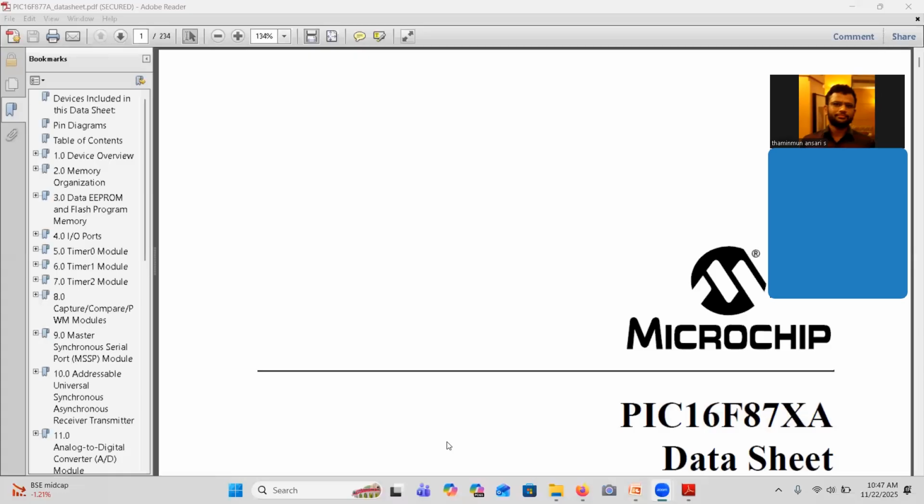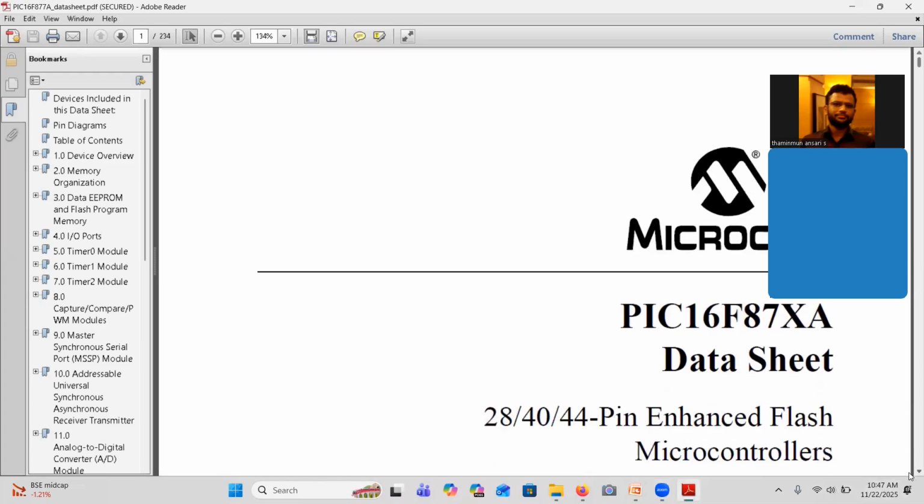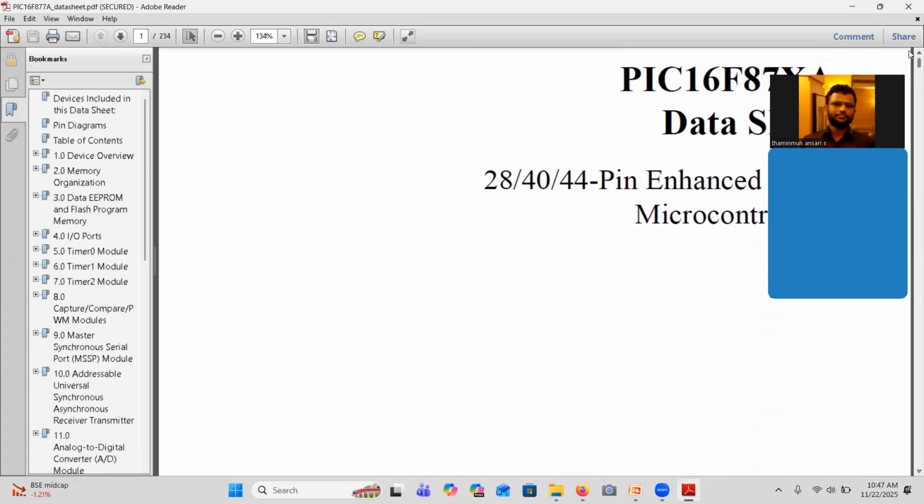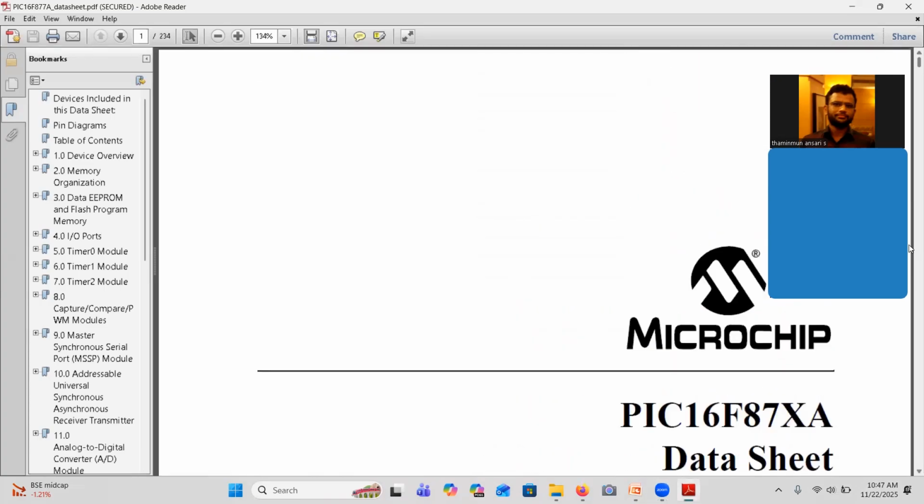So when you want to do embedded programming, the first step is to identify your target and then study the data sheet of that particular target. This is the data sheet. Actually, they release one data sheet for a combination of different